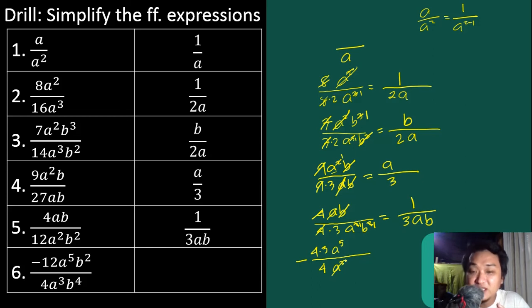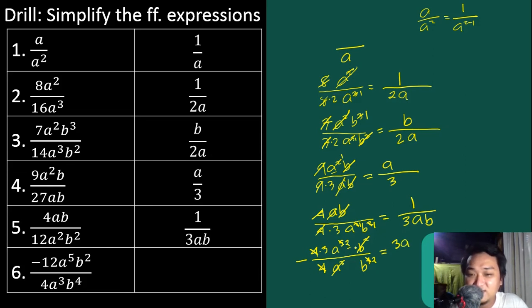So, we'll cancel this, yung mas maliit. Tapos, si 5 minus 3. Cancel natin si 5. Palitan natin ng 5 minus 3 is 2. O, how about b squared at saka si b to the 4th. Again, dalawa lang yung b sa taas or b squared siya. I-minus natin sa exponent ni b to the 4th or 4 na b sa baba. O, cancel natin to. Tapos si 4 minus 2. 4 minus 2 is just 2. So, what will be the final answer? Ay, na-cancel pala si 4. Nakalimutan natin. Okay. So, ang natira na lang is